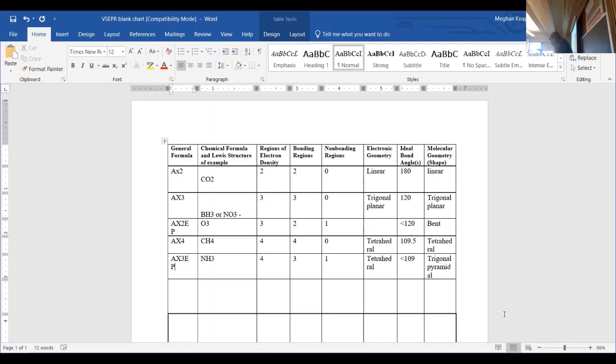All right, and we said this was called linear, and the bond angle was 180. And the shape of the molecule is also linear. Okay, since there are no lone pairs on the central atom, and all we care about as far as lone pairs are concerned is the central atom. Okay, so no lone pairs on the central atom means that I have an identical class or electronic geometry and a molecular shape. All right, so now we're going to add a third atom